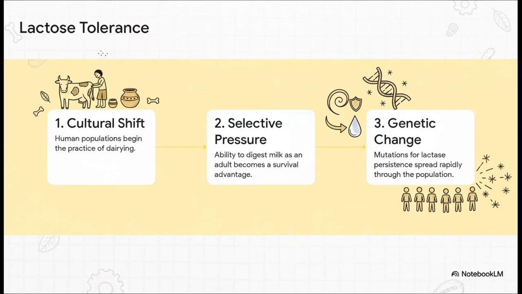Get this. Evolution didn't just stop when humans showed up. In fact, our own culture has become one of the most powerful evolutionary forces on the planet. Just look at lactose tolerance. Almost all mammals stop being able to digest milk when they grow up. But in human groups that domesticated cattle and started dairying, a mutation that let adults keep digesting milk was a massive nutritional advantage. The cultural practice drove genetic change. That's gene-culture coevolution, and it's incredible.